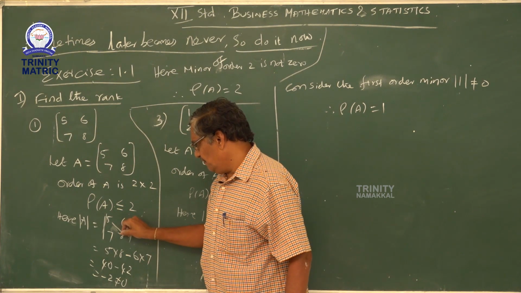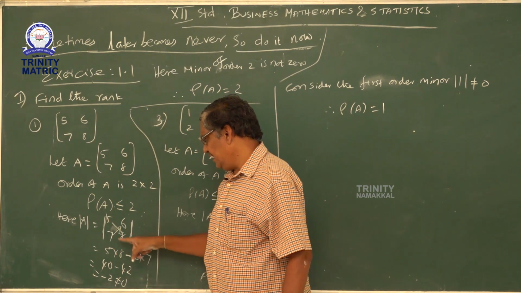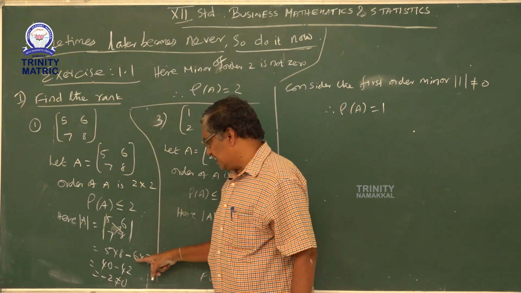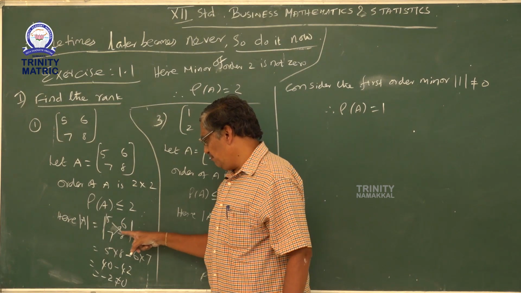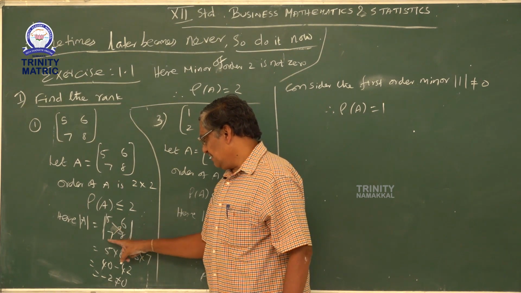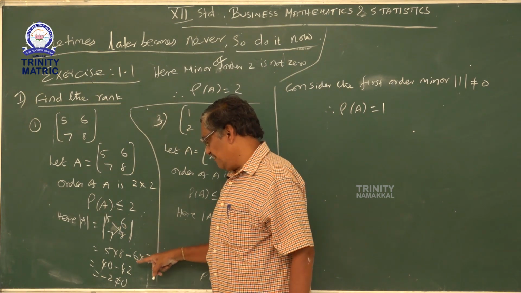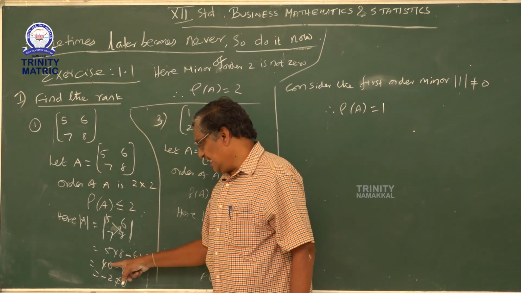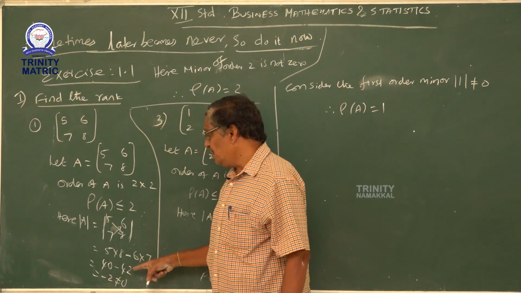You have to go down and up. 5 times 8 is 40, minus, well, going down we don't waste energy, so put a plus sign. 5 times 8 is 40; while climbing, we are wasting our energy. So multiply this: 6 times 7, or 7 times 6, because multiplication is commutative, as you are aware. 5 times 8 is 40, 6 times 7 is 42. Here the signs are different, so 40 minus 42 is minus 2, which is not equal to 0.